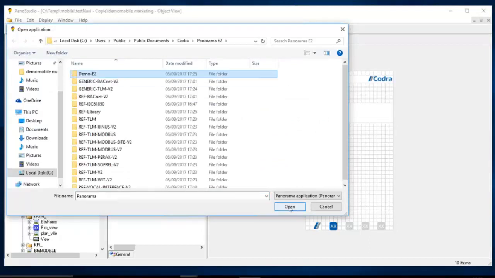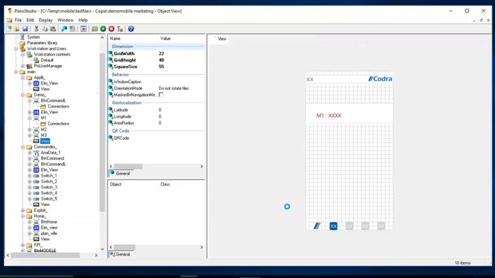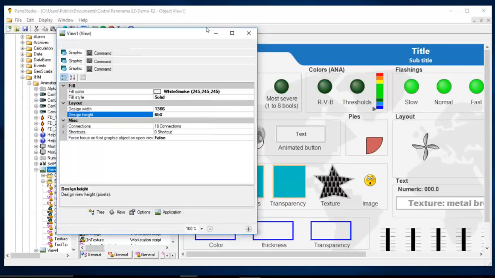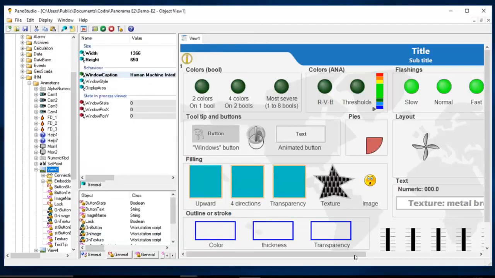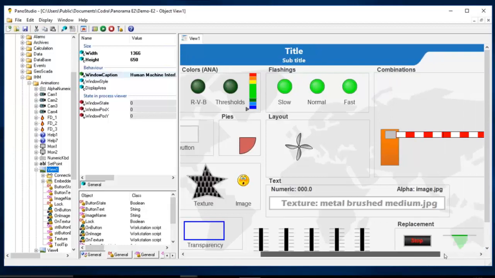Finally, I'd like to add some existing behavior in my application. So I open the standard application of Panorama E-Squared. If you already use Panorama, you may know this application. Yes, it's loading. Okay. So I'm on the layout, and this is a standard client, a Supervis, a process